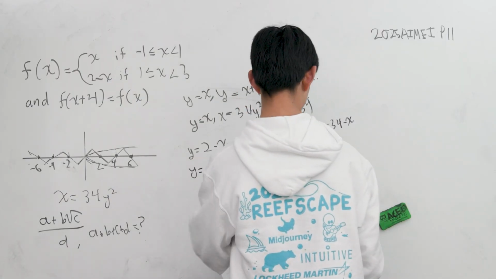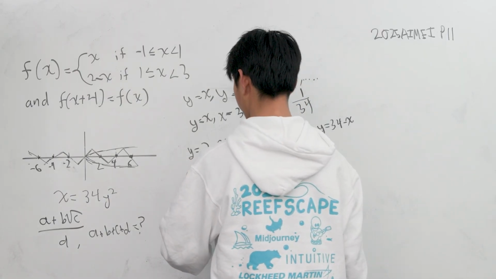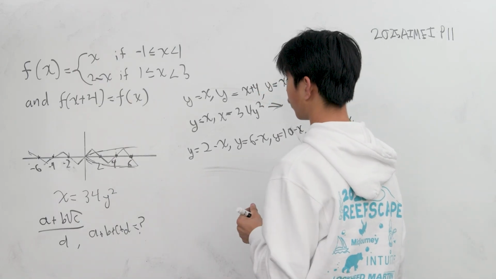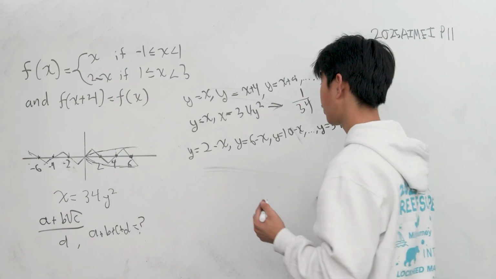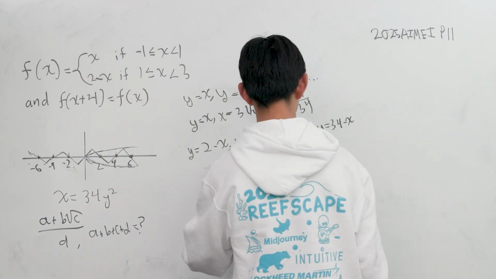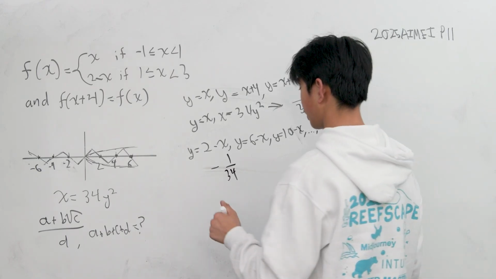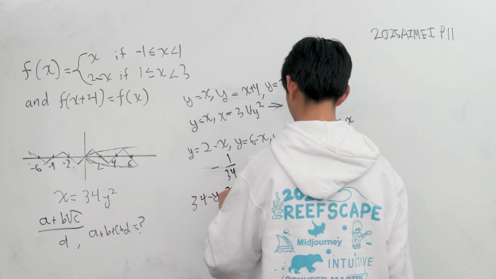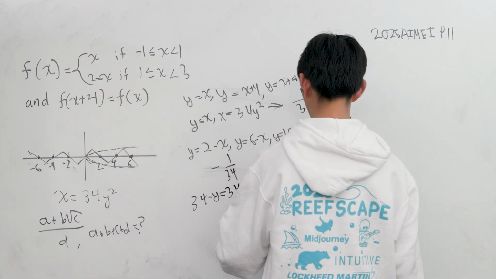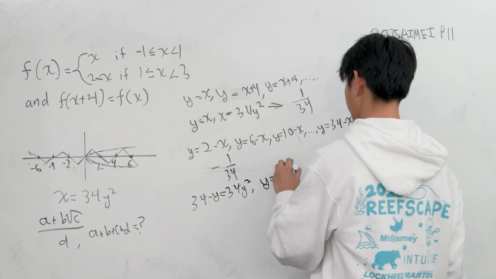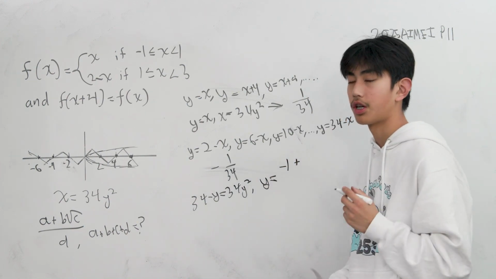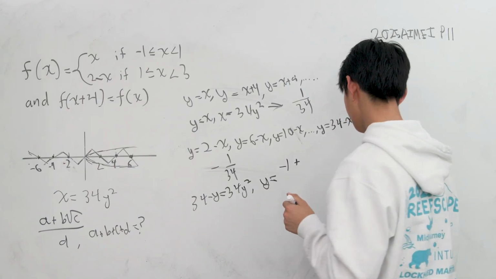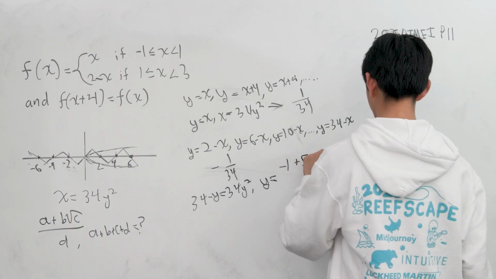We solve y equals 34 minus x, and x equals 34 y squared. The sum right here is negative 1 over 34. Now what we want to do is solve 34 minus y equals 34 y squared. We get that y is equal to negative 1 plus, we choose the plus option in this case because it's a quadratic, 5 times root 185